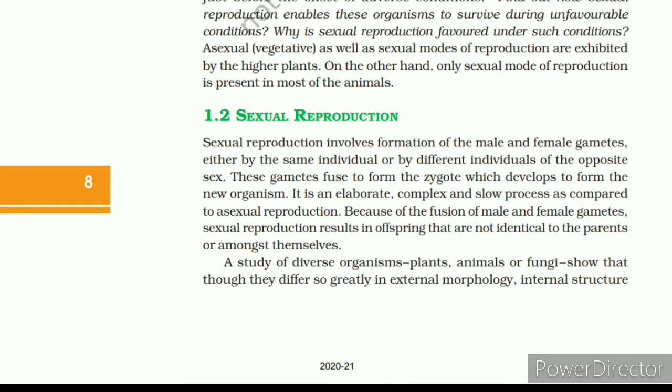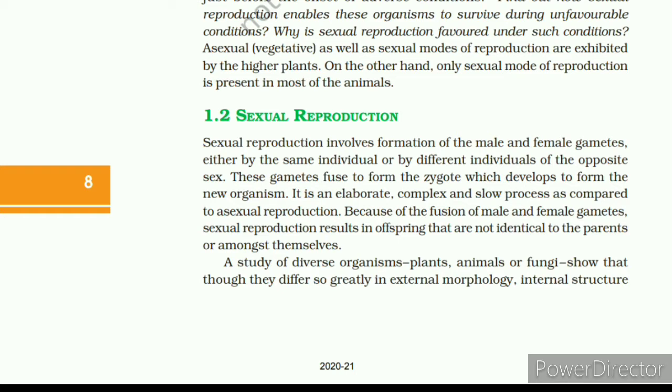Because of the fusion of male and female gametes, sexual reproduction results in offspring that are not identical to the parents or amongst themselves. A study of diverse organisms, plants, animals or fungi show that though they differ so greatly